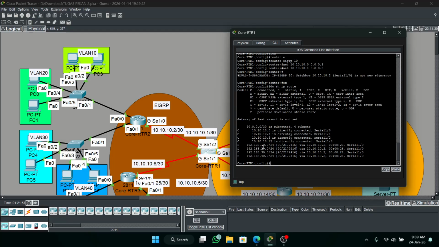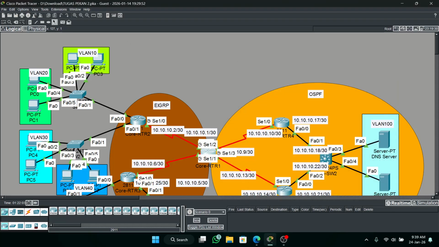Okay, make sure in RTR1 you can reach the VLAN 10 until VLAN 40 network. Testing for pinging. Success. Other VLANs. Success. Click again until success. Okay.